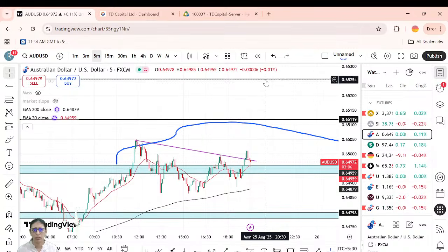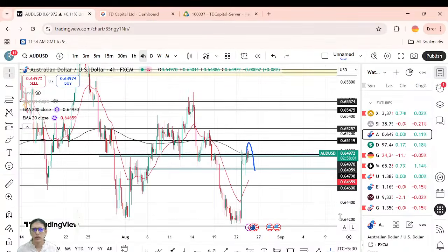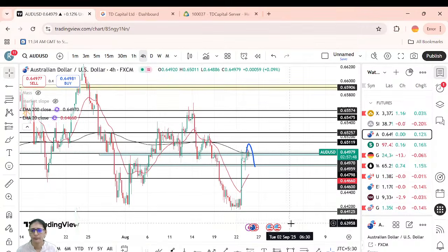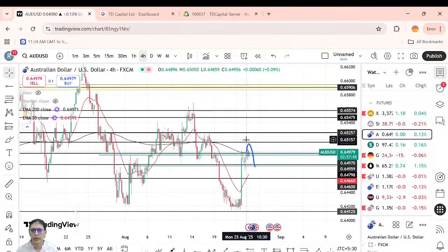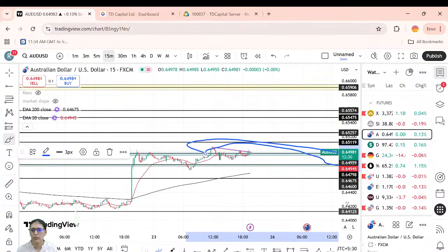Then you should not keep on sitting for it to go up, because in the bigger time frame, the setup is not in our favor, we do not expect bullishness, because from here a reversal is highly probable. This area is a good level, a good zone, and the market could reverse from here. So if you get a bullish scalp from here to here, that is one thing, but a reversal is possible from here. In that case, in smaller time frame, accordingly you can plan.